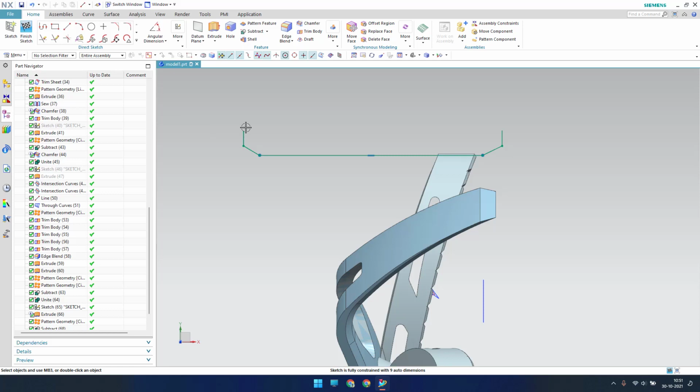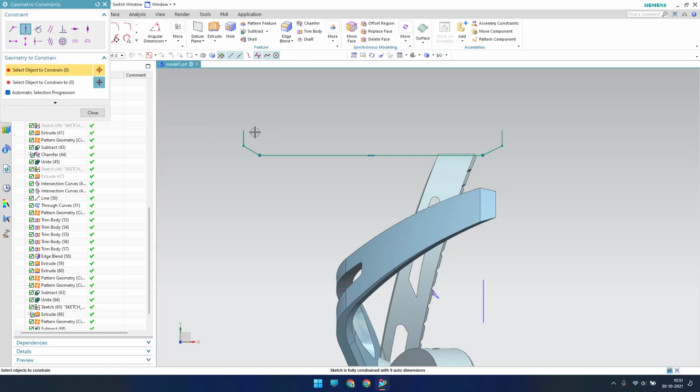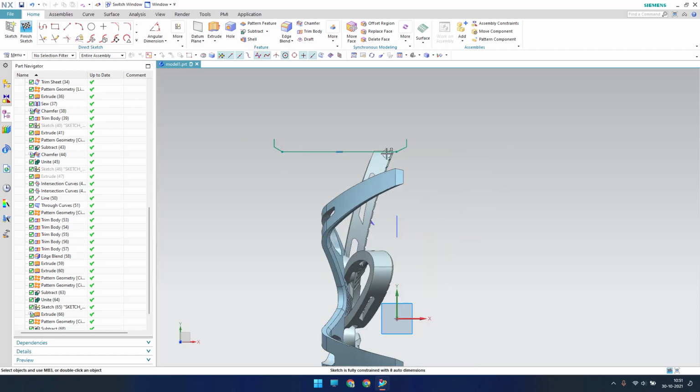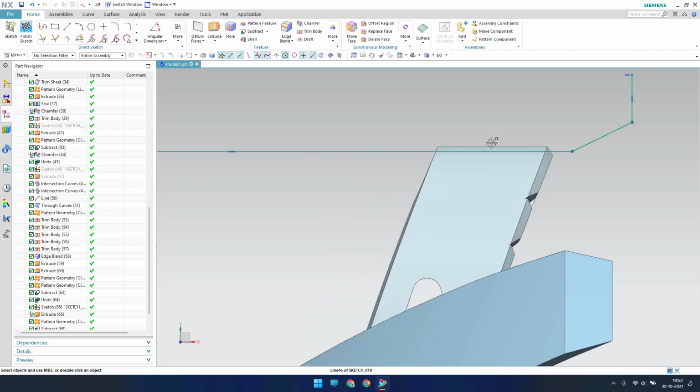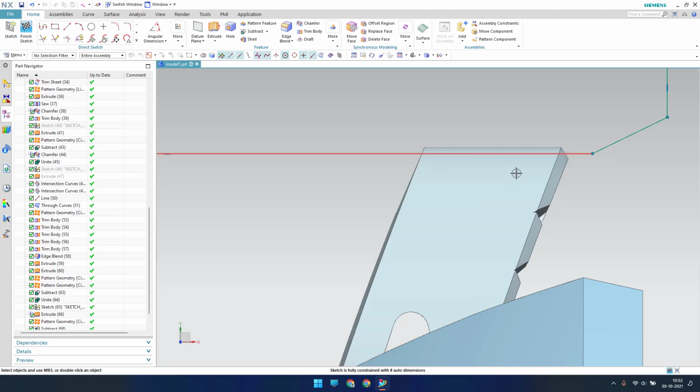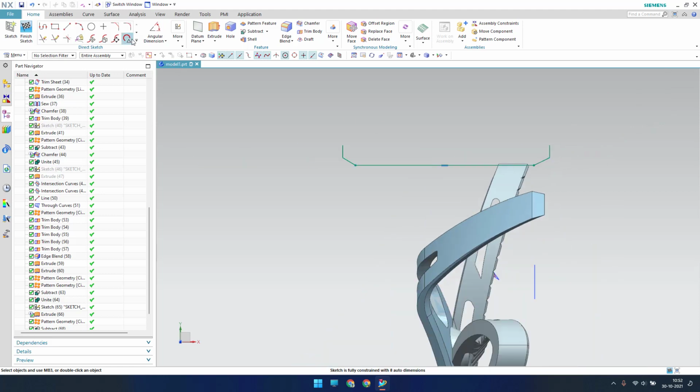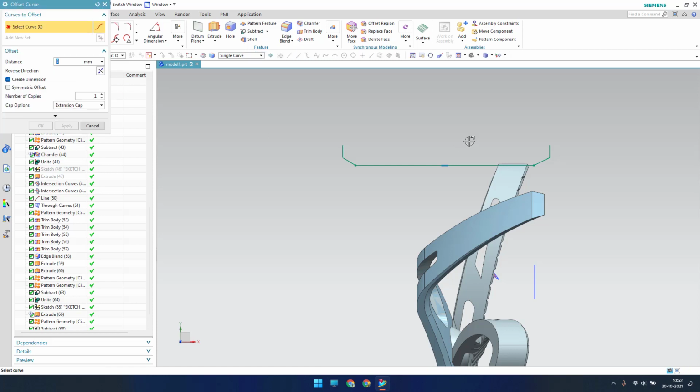So okay, so now what I'll do is I'll just make a constraint. So this line should lie in this line. So I can just make a similar kind of profile. So it should always touch this body whatever we have. Now what I'll do is I'll just make an offset.